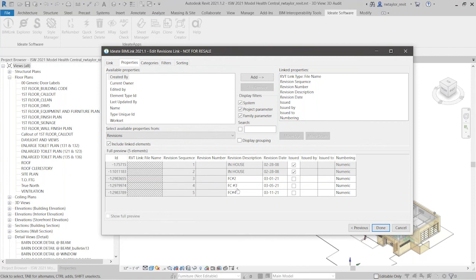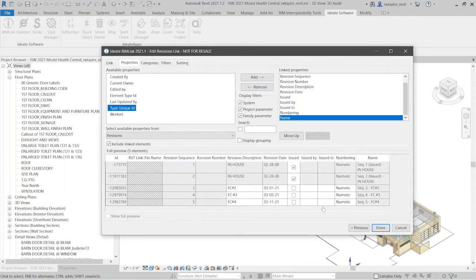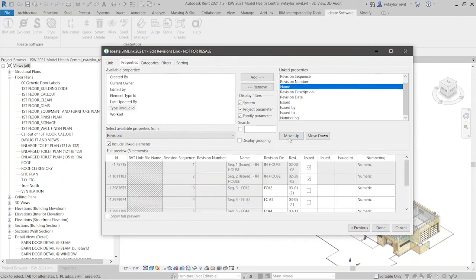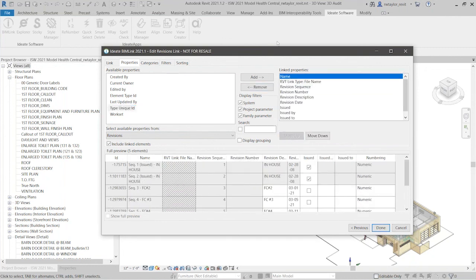The other ones, 2, 3, and 4, have not been issued yet. So this is the information that's being sent to Excel. And of course, if I wanted to add anything, like as an example, a particular item name, I can move that up in the list. Oh, that's already that link name, and actually maybe the link, if I'm not including linked elements as an example,